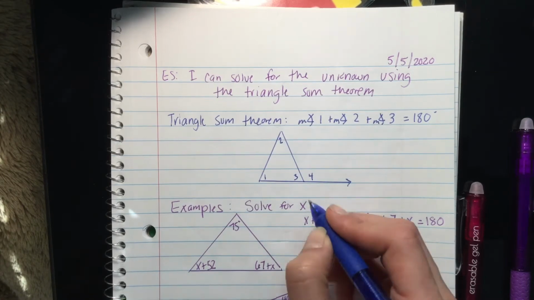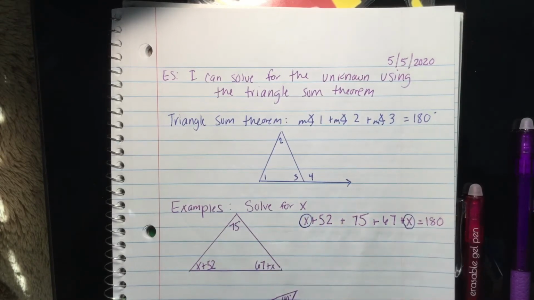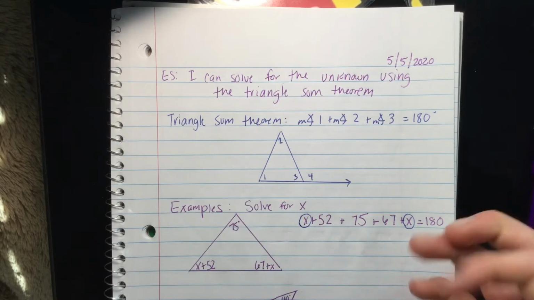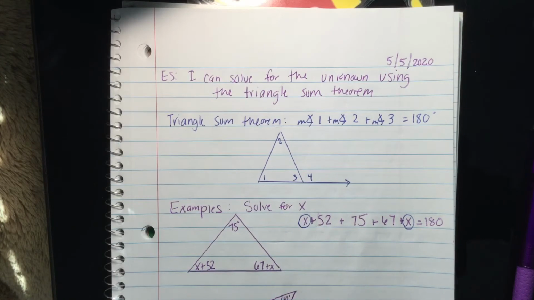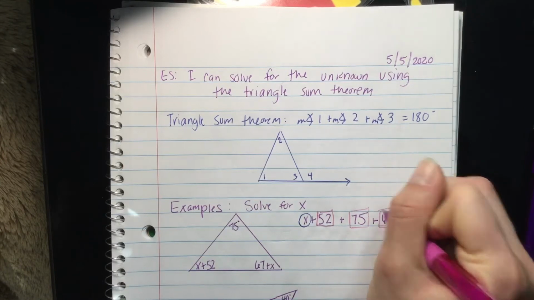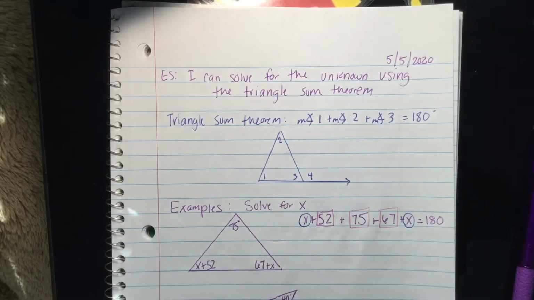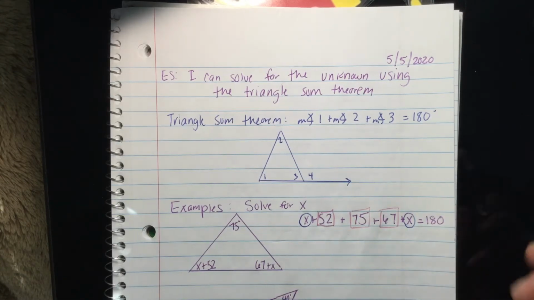So the things that are similar are this x right here and this x right here. That is similar, so I put circles around them. And then 52, obviously that one's not gonna work. 52, 75, and 67, those are all numbers, so they are like terms as well. So when we start adding these all up, what I get first is that we have how many x's? 2 x's. So I've got 2x